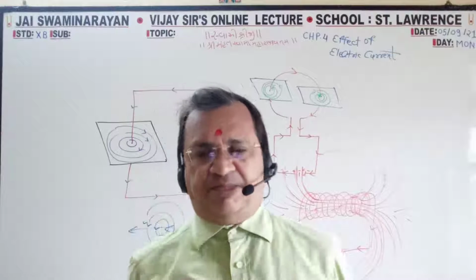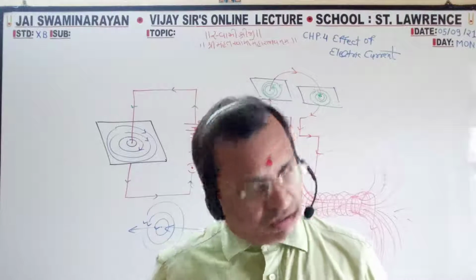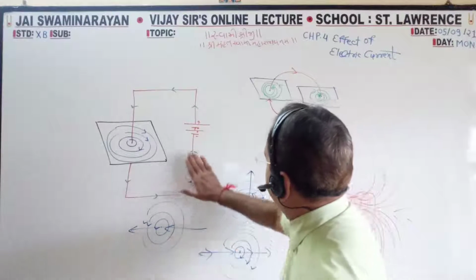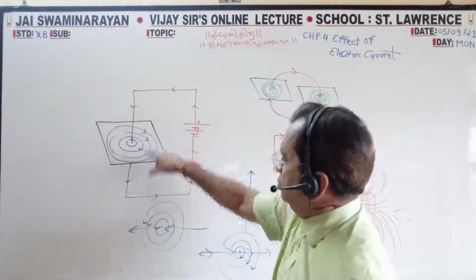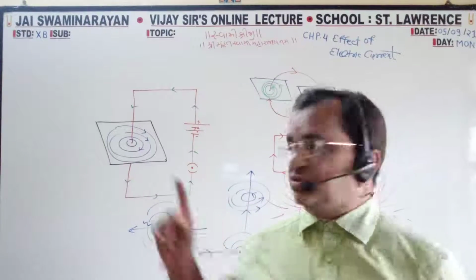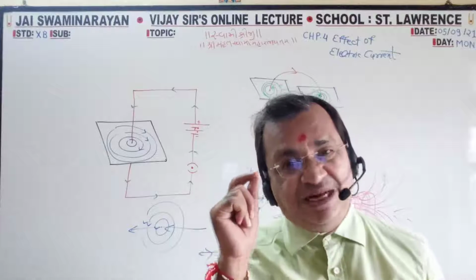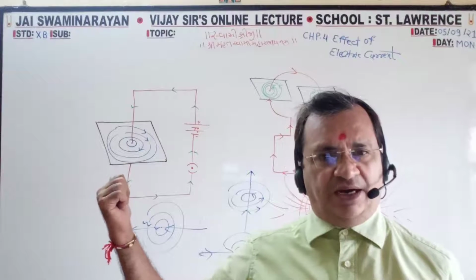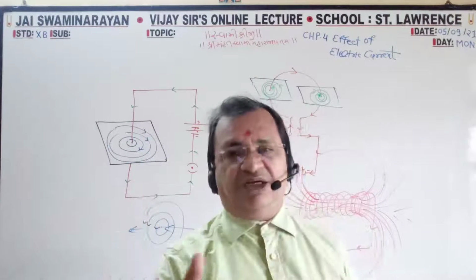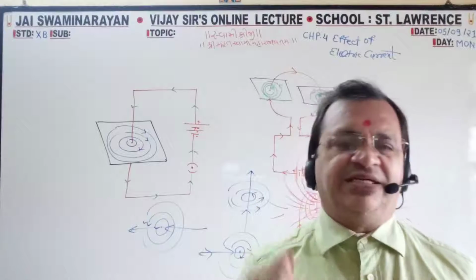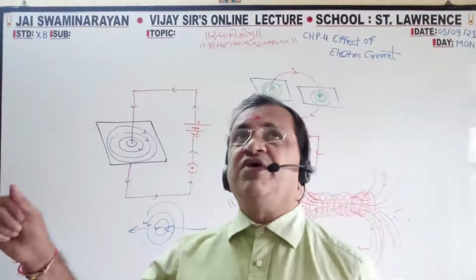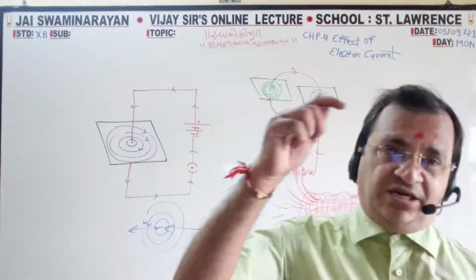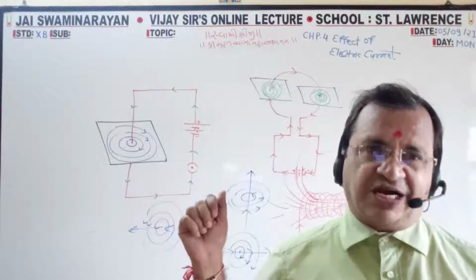So a high magnetic field will be produced when electric current starts. If no electric current passes, no magnetic field will be produced. No magnetic field lines will be produced. That is why a doorbell also works on electromagnetism. When we press the button, electric current starts, and at that time the bell will ring. When we start the fan, at that time it will run. Otherwise it will not run.